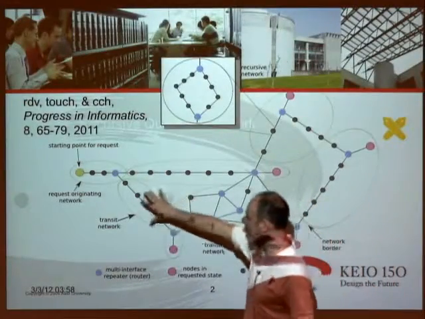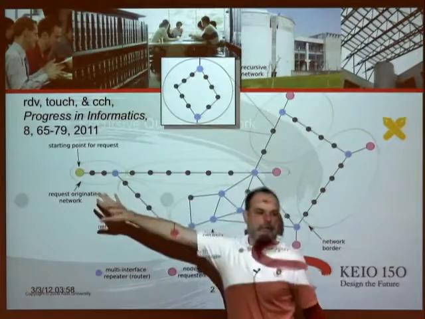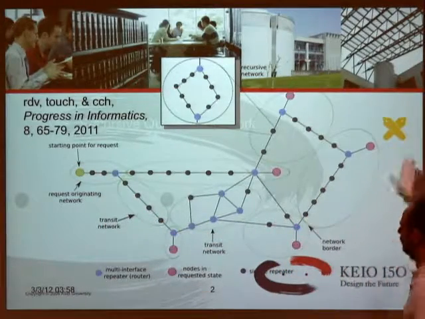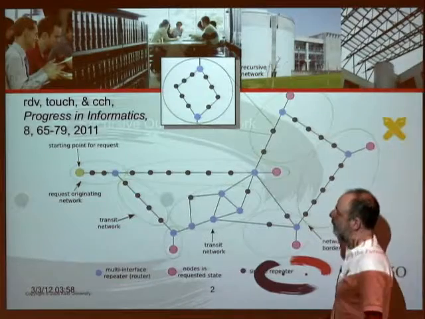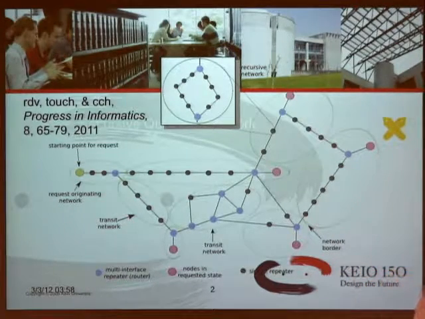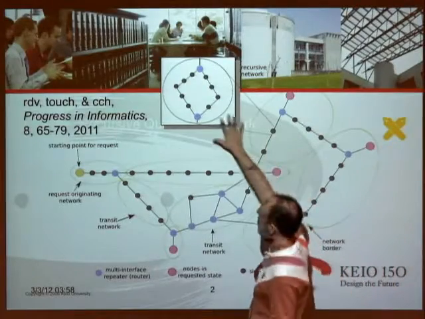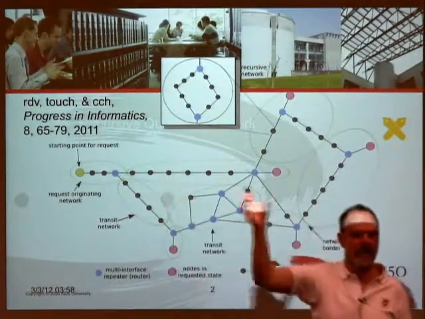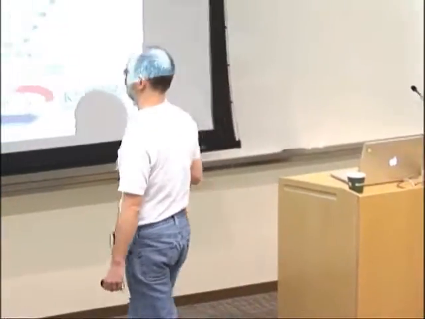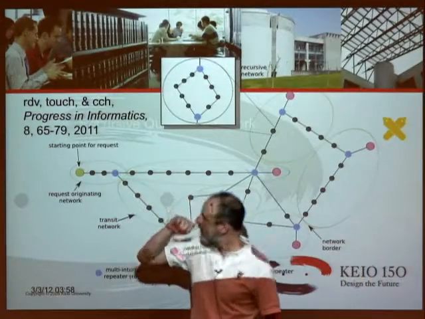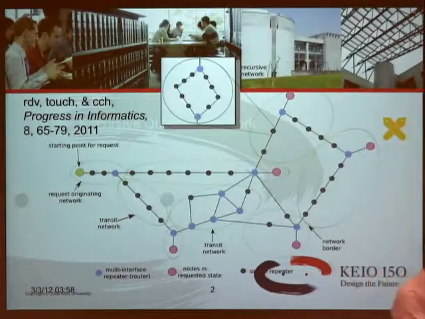So you'll have different sorts of concepts. You'll have transit networks. You'll have some network where your request originates. You'll have some network where it actually terminates. And in particular, since what we're talking about is recursion in networks, each of these individual nodes here can in fact represent a network itself. So inside of that, at the higher level, when you are planning your requests and controlling your overall interaction throughout the system, you can treat an entire network as a single node in the system, and that's where you get your scalability. So this was work that Claire and a friend of mine named Joe Touch, who's at USC ISI, the three of us did together about 1.5 years ago and appeared last year.